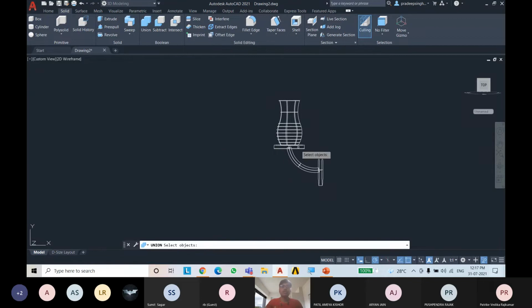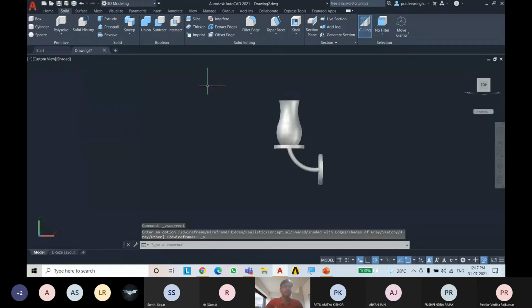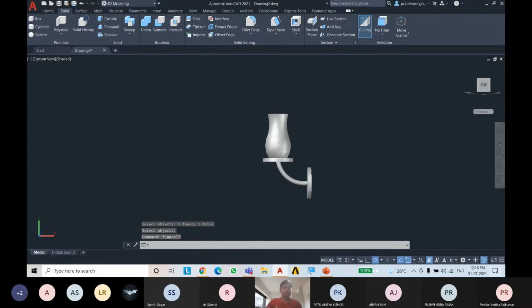Change the visual style to shaded, go on union, select this and this and this, and press enter. Now you can see that all three have been selected together.